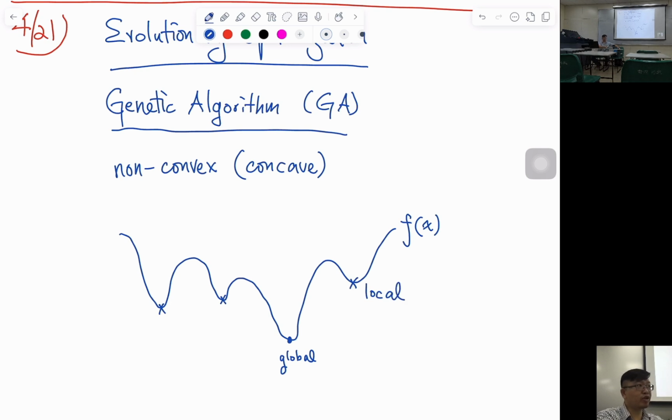If you use gradient-based approach, you may get trapped into a local minimum. The gradient-based method doesn't know what's going on somewhere else. So if you are not lucky enough, you may get trapped at the local. So GA is not afraid of concave problem like this, because